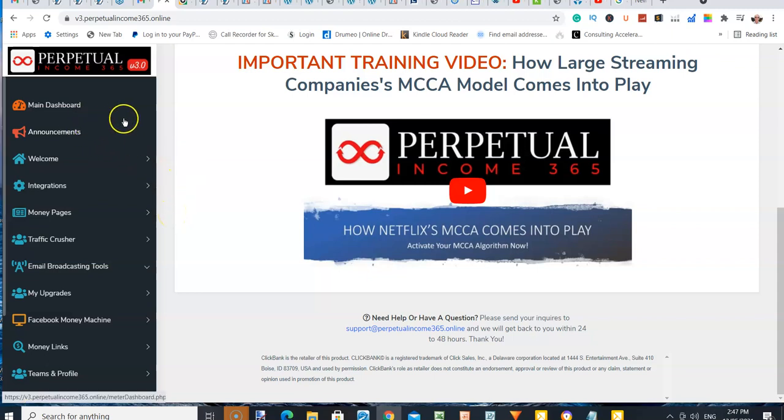And here's the thing, this is the members area, and this is how large streaming companies use it. The MCCA model comes into play.